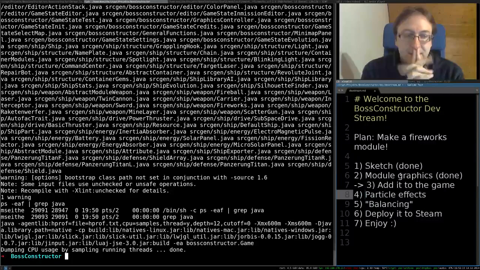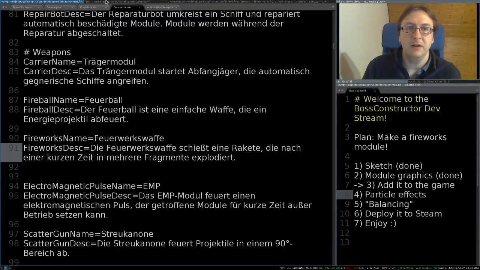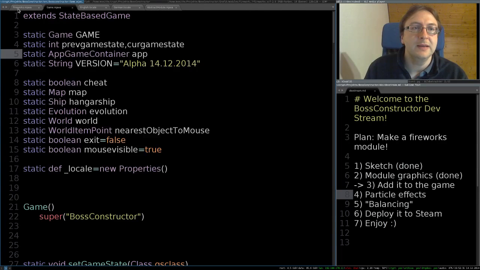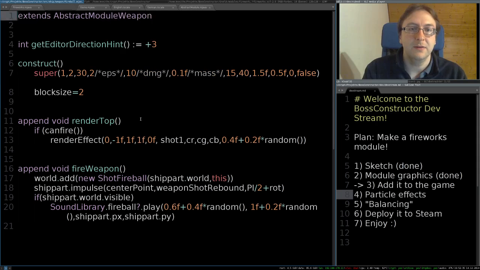And now we will... Wait a second. What do we do next? Okay. We will begin by making it fire a shot like the fireball module did, and then we will move along on that basis. Okay, the fireball module